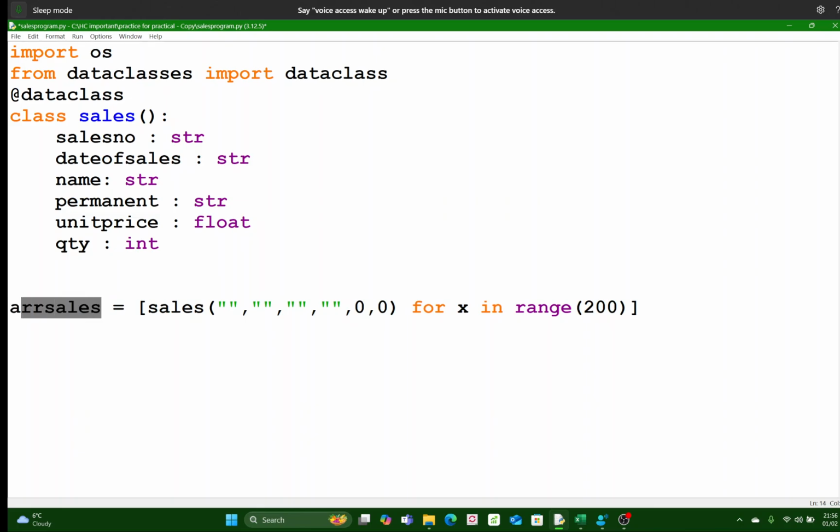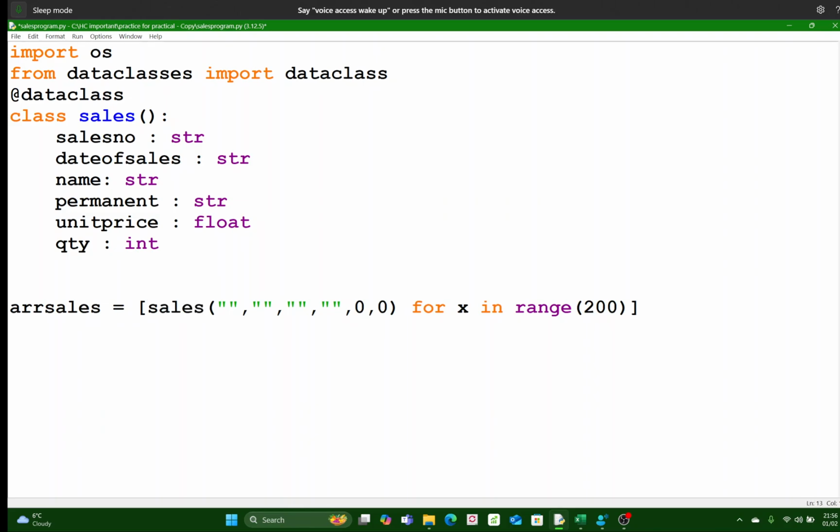I've called it arrSales. You can call it anything you want, as long as it is a good description and recognizable as to what it means. And in square brackets you declare that you want this array to be an array of sales records in this manner,